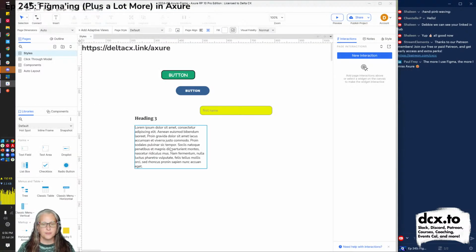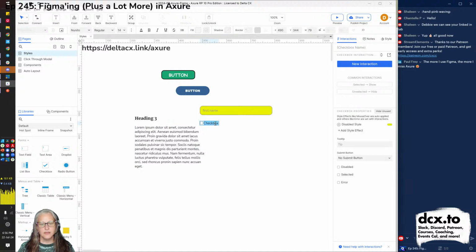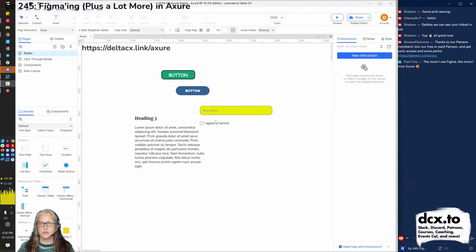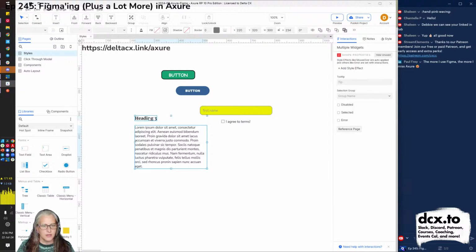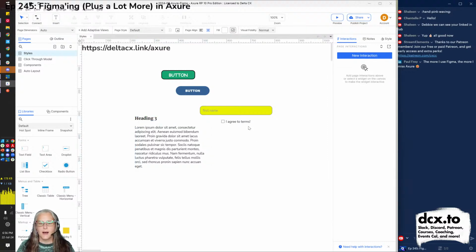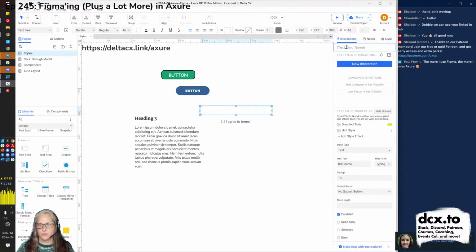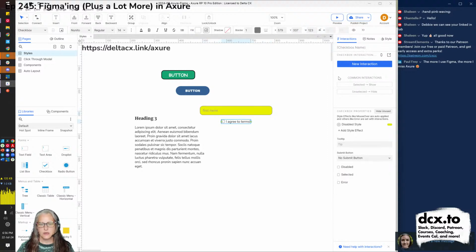And so let's say we want to enable it. And one of my favorite lessons that you'll see if you watch my videos is, let's grab this checkbox. And this is the I agree to terms checkbox, right? Because who doesn't agree to the terms, right? I'll just put it over here. Forget my bad design. These would probably be left justified, but I have this wacky paragraph over here. I always make wacky, messy screens. And let's give this a quick name. This will be our first name input. Okay, so I can teach Axure.